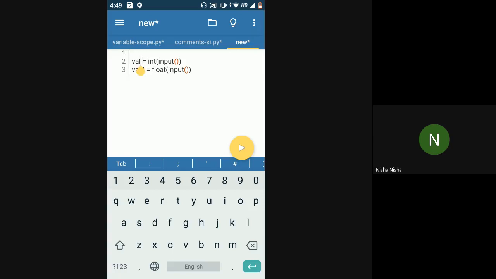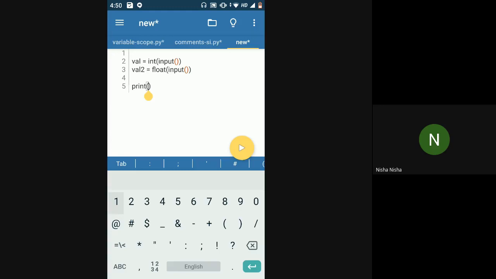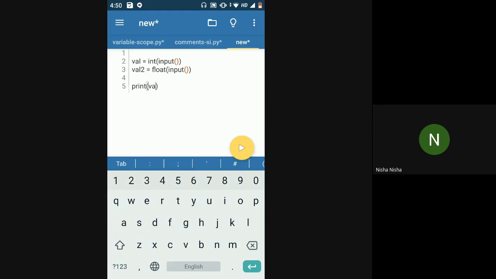So here I'm taking an input from the user and putting it into the val variable. Val is nothing but a name to the variable that I'm creating, so that later if I want to print the input that I have taken from the user, I can directly use the variable name and print it. Val is the name of the variable, and the value would be the one taken from the user. Is this clear?